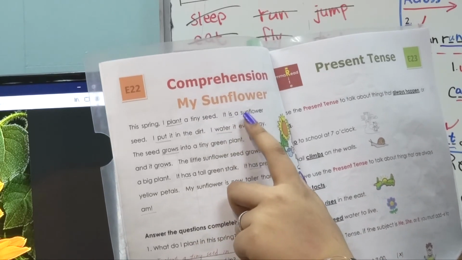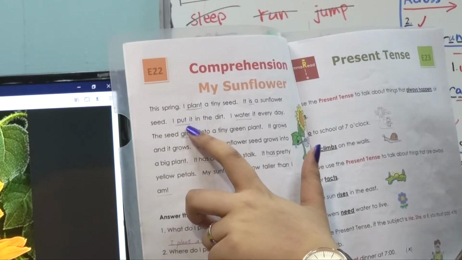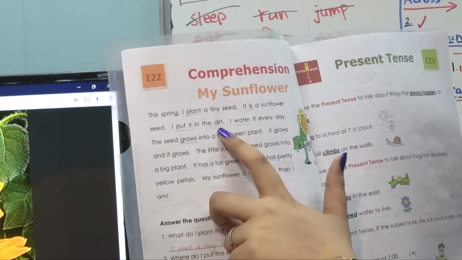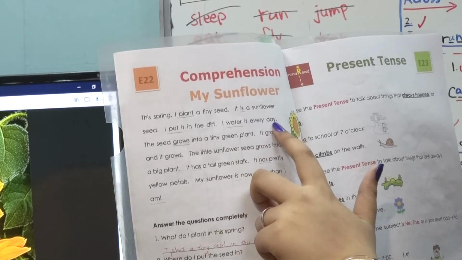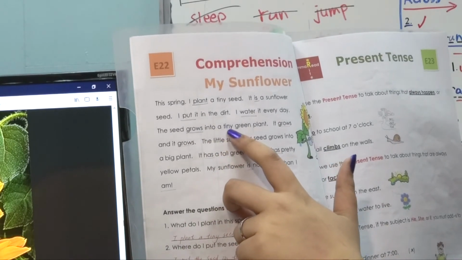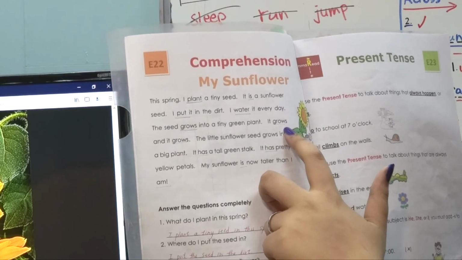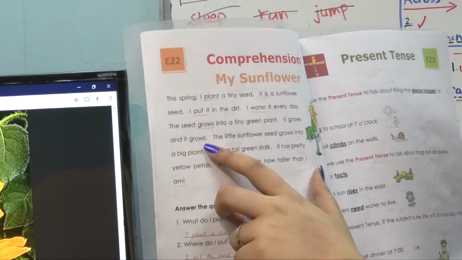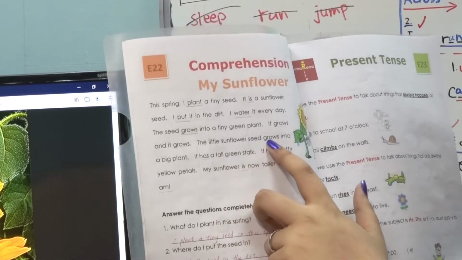It is a sunflower seed. I put it in the dirt. I water it every day. The seed grows into a tiny green plant. It grows and it grows. The little sunflower seed grows